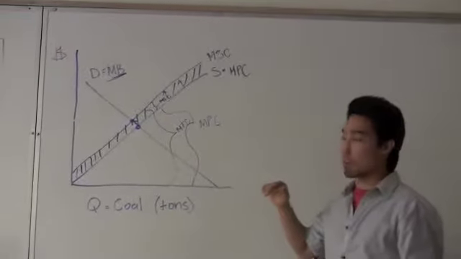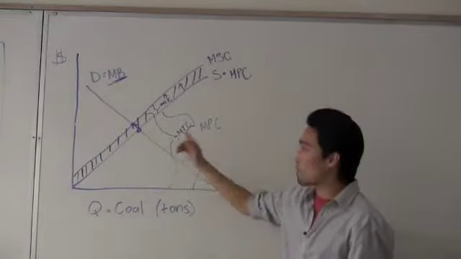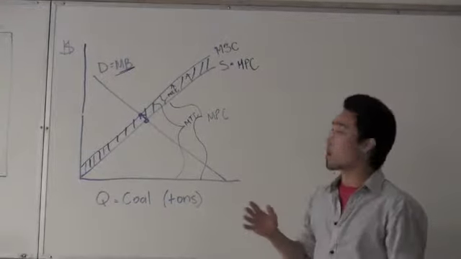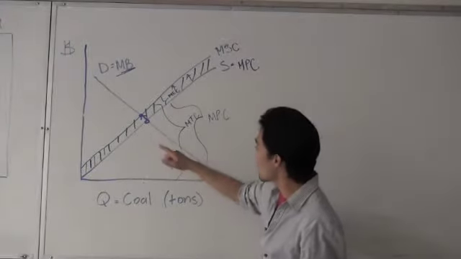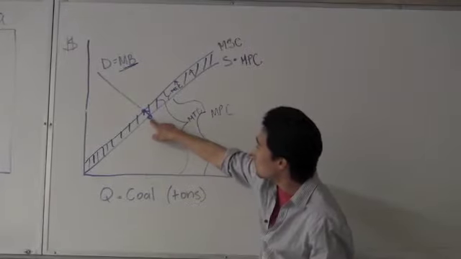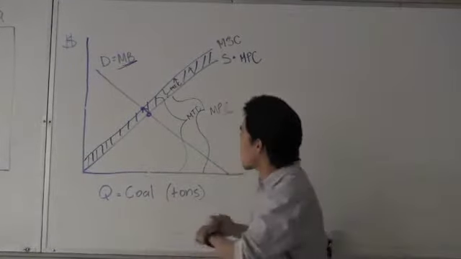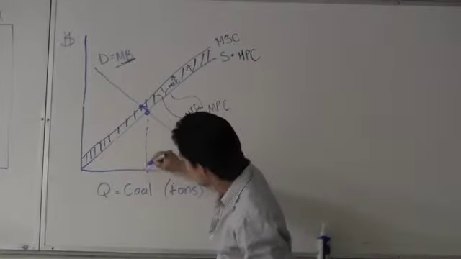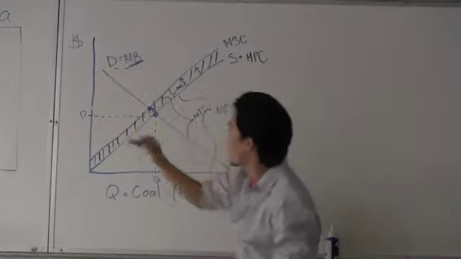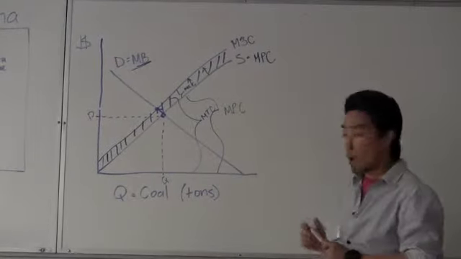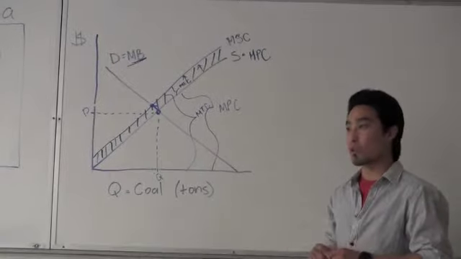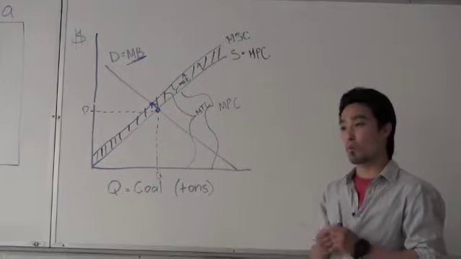Okay, so what's actually happening in relation to this graph is that, for the Peabody Energy Company, the most efficient point is where the demand and supply curves intersect. Right here, which is how much coal they produce, and then their price. However, they're not taking into account any of these medical bills